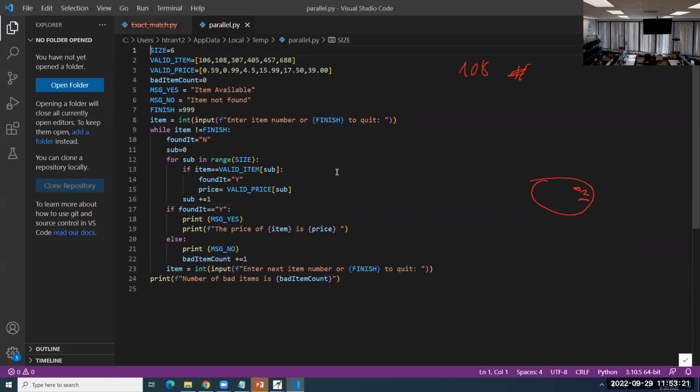So this is Python here. It works exactly the same, right? The only difference is that whenever I find it, I print out the price. That's all. And in the case of Raptor also,